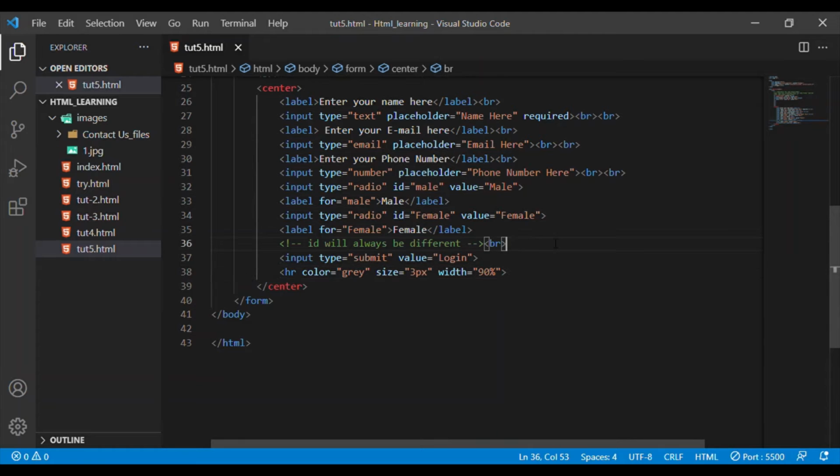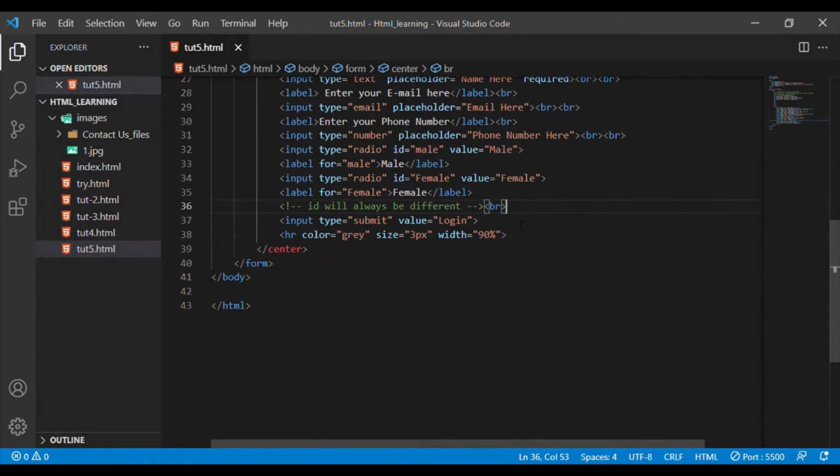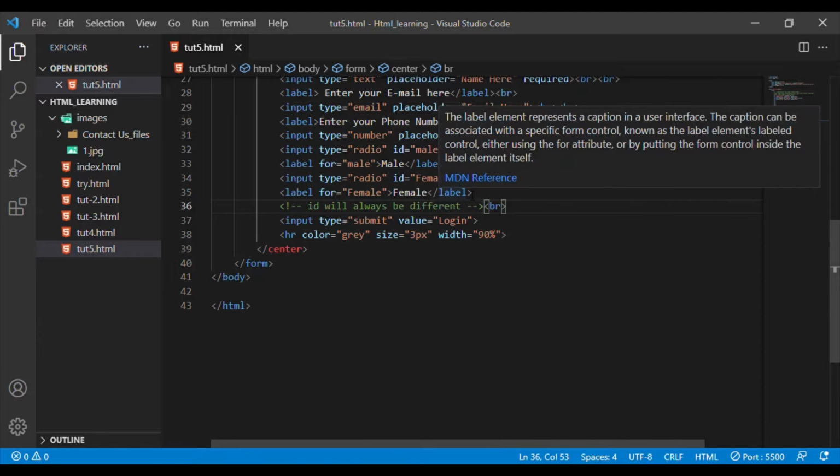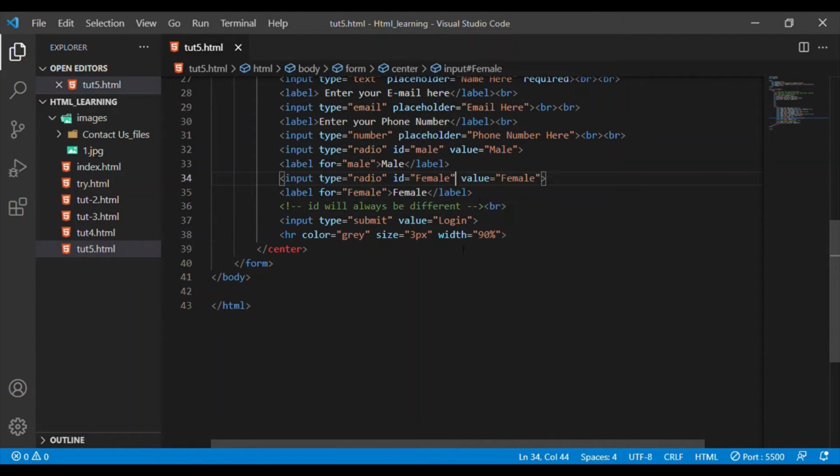As we are back on the screen we had previously, you can see we haven't added any name. So let's add a name, labeled as gender, name equals to gender. Similarly, we can add it onto the male value, name equals to gender.